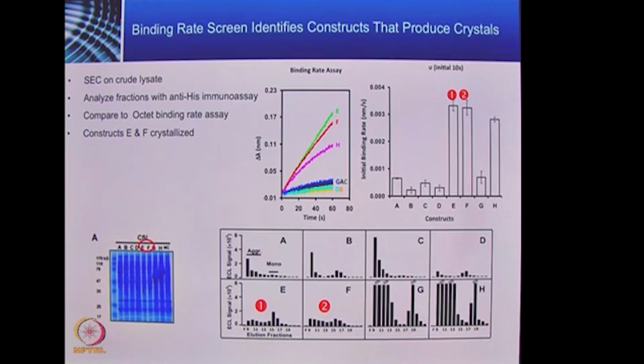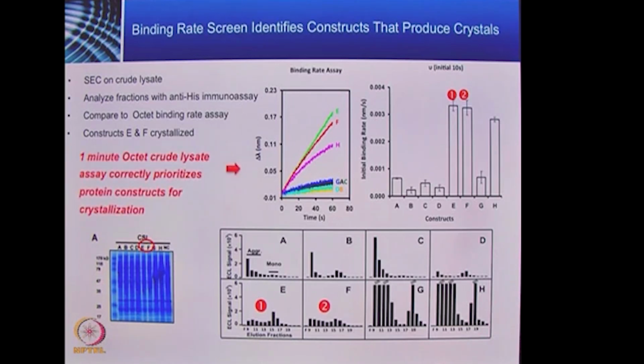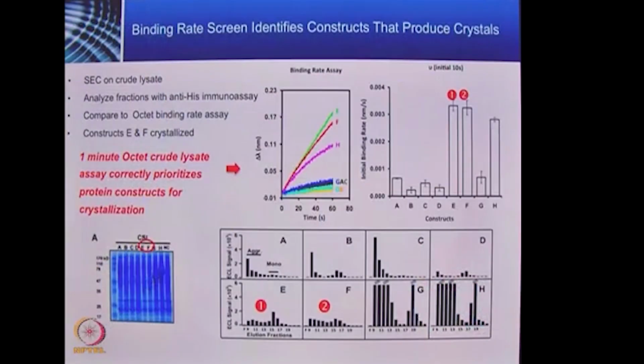The main learning point from this study is that by performing a 1-minute assay using BLI technology on the Octet platform, you can correctly prioritize the protein constructs which are suitable for downstream crystallization, which helps you to simplify your research process and speed up the process for you to get the crystals